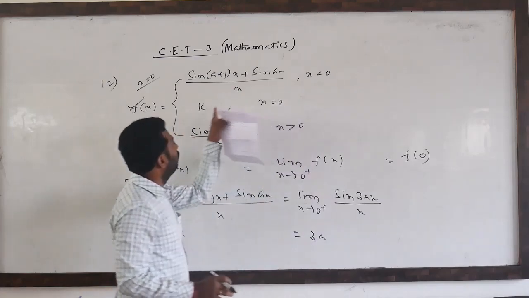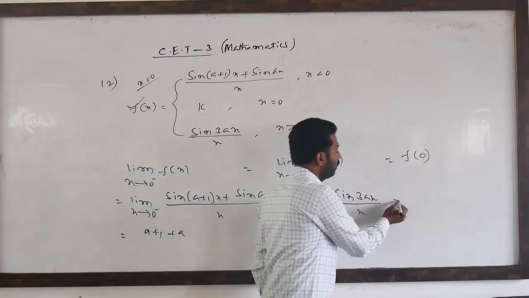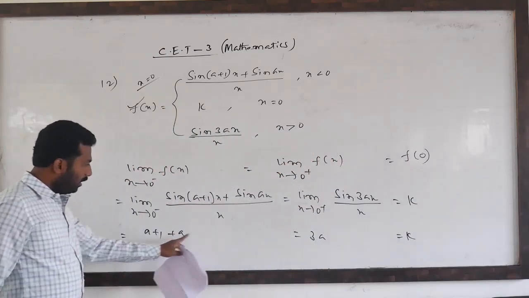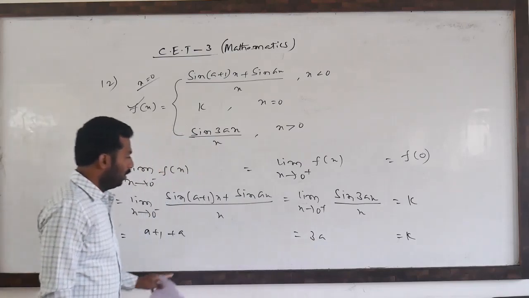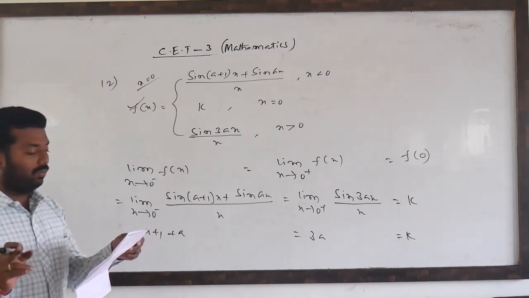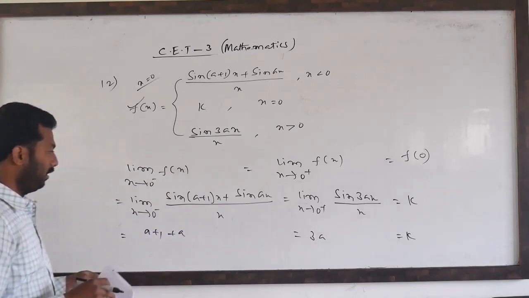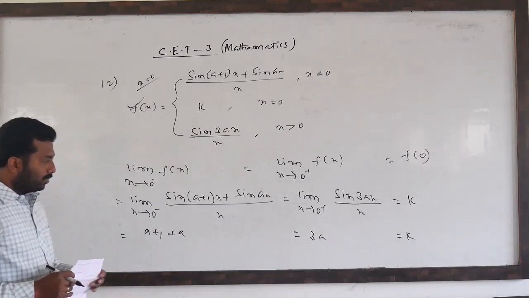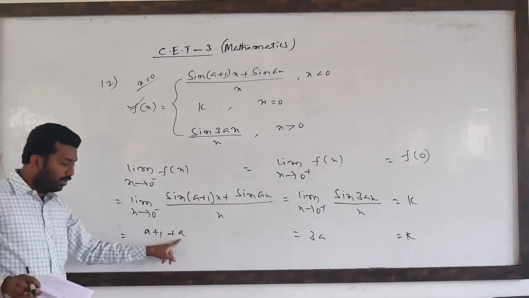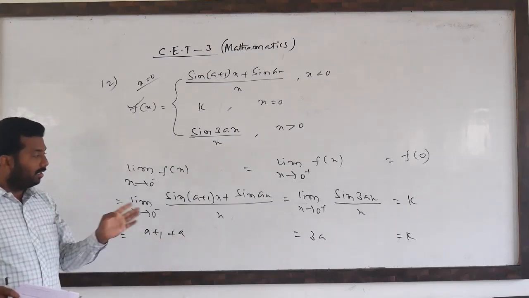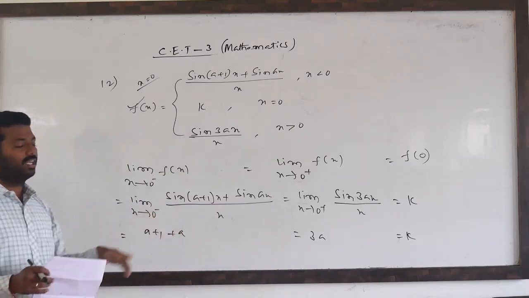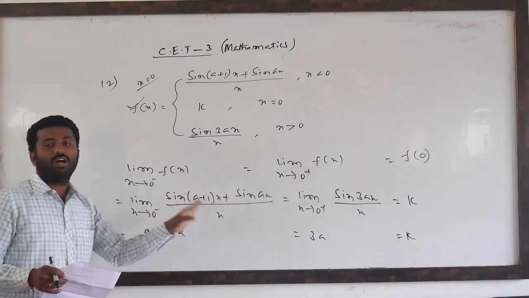What is value of the function at x equal to 0? F of 0 nothing but k. This is also k. You observe all these three values are equal. So just like you observe 4 options, how they are asking k value in terms of 3, 4, a, 3a like that. So k equal to 3a. At the same time 2a plus 1 also will come. So k is not a unique value, either 3a or 2a plus 1. So two values are given. So this k value 3a is the wrong option.